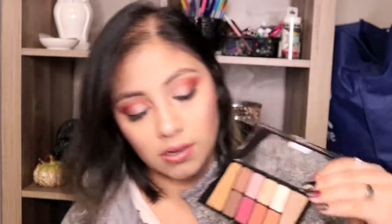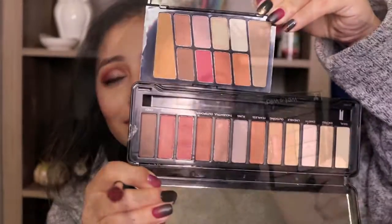Can't be walking around. So I would say, save your coin and spend $10 on something like this instead of spending the $6 on something like this. And so you see a reference, this is what the colors are. Alright? They're either $5 or $10, but definitely this over this any day. If you're afraid of shadow, go for it, because these shadows are definitely the kind that you can blend and you're never really gonna get too deep or too dark. So if you're a beginner, then maybe that's your interest. And the shimmers were okay, but even then they're not my favorite and I wouldn't recommend it. But these, I do think that for $5,